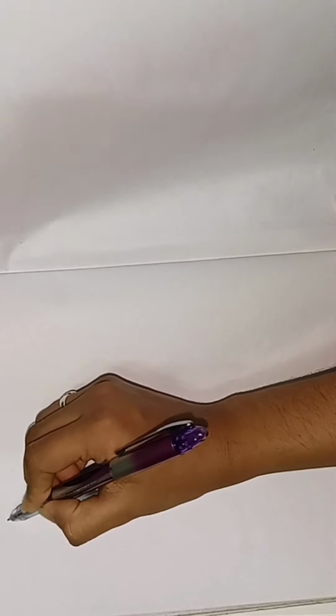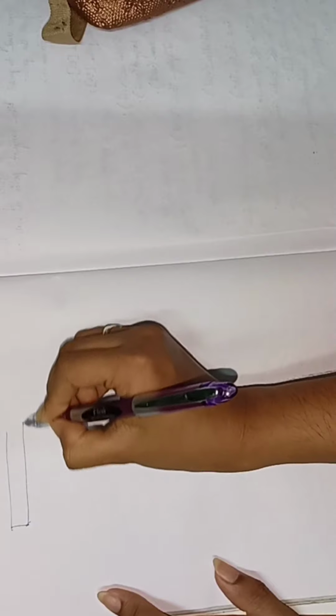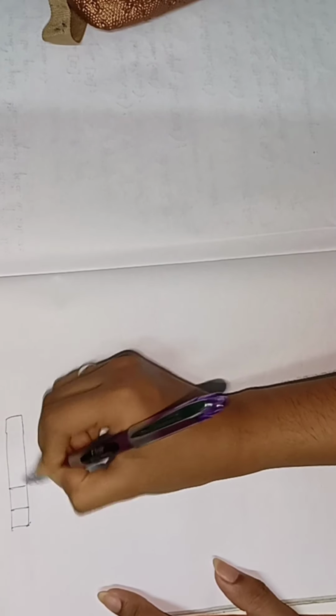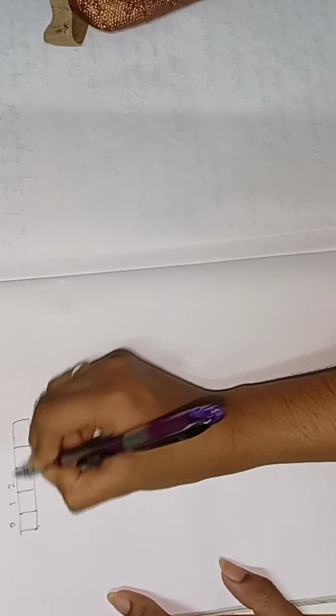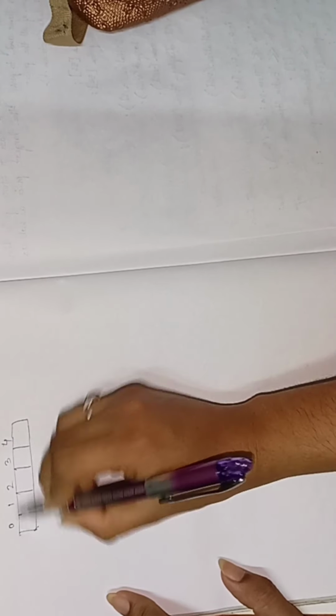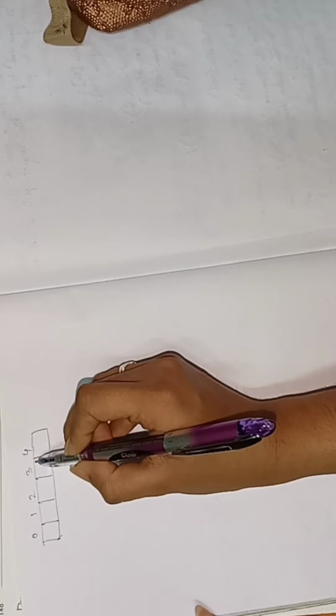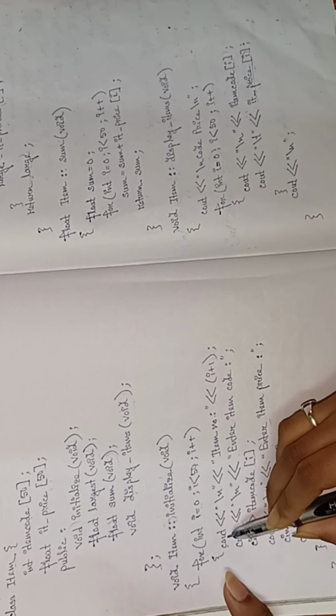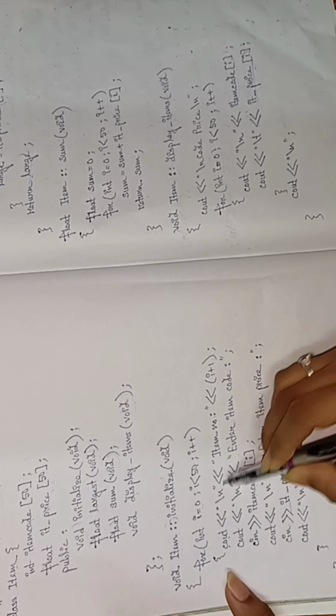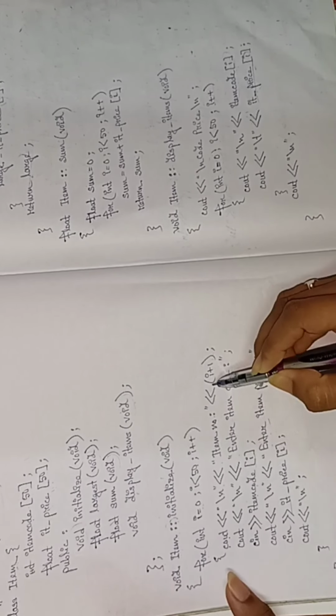Okay, so here you see we are taking those 5 values in the index. Our array index will be how, this 0 is the first index, then 1, then 2, then 3, then 4. From 0 to 4, this is our index of the array for storing 5 elements. Now you see here it is saying cout \n item number I plus 1.